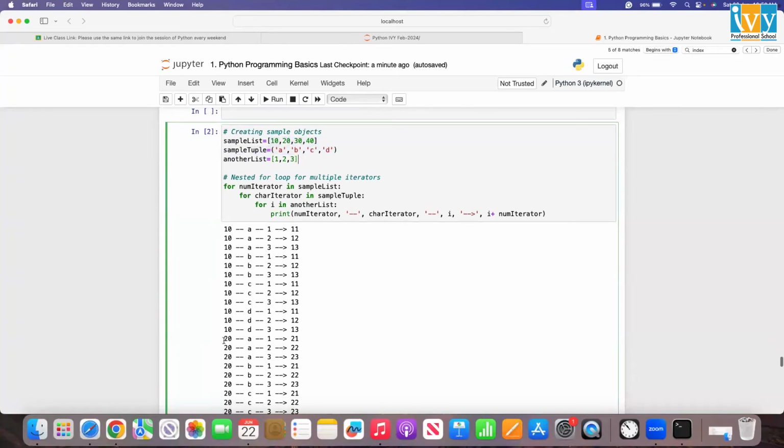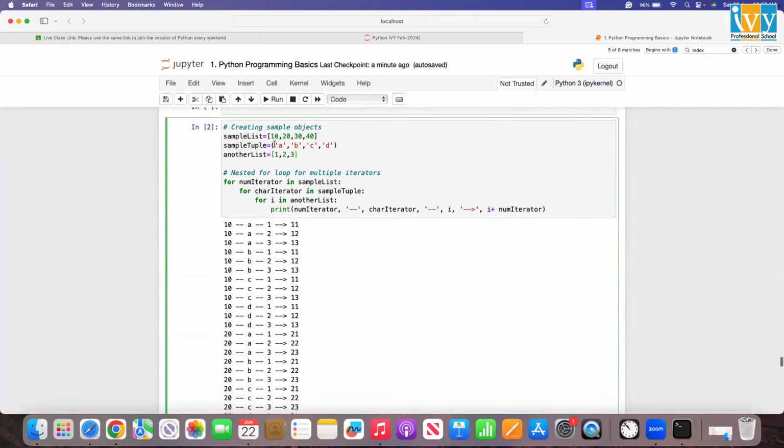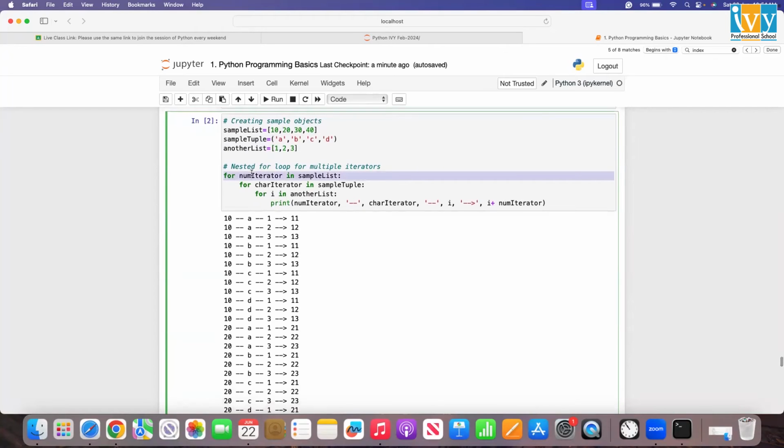Then 20 will start. So it is like nesting all the combinations, like finding out all the possible permutation and combination of these values sequentially one by one. Okay. So what we are doing,